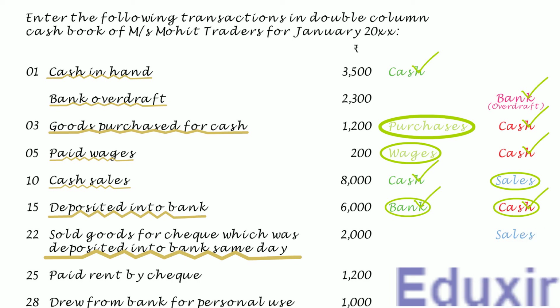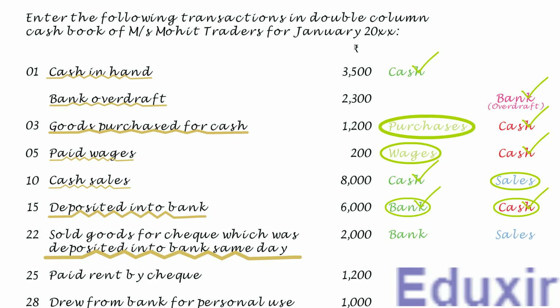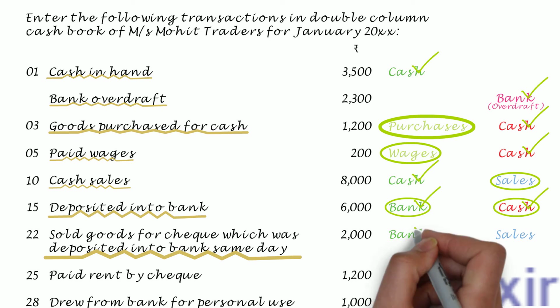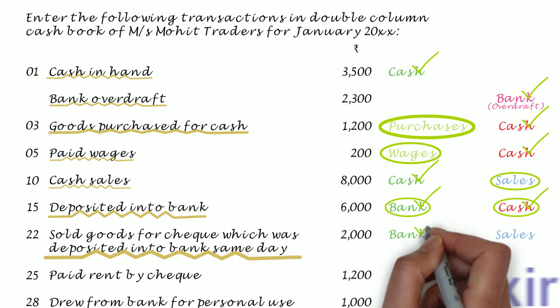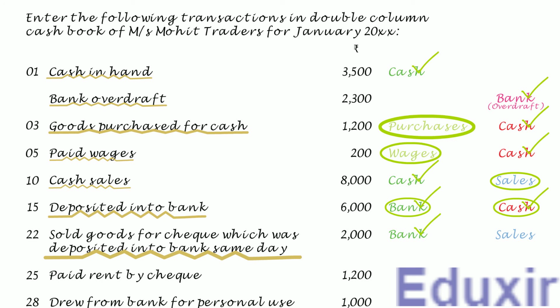At the same time, as the payment for the sale is received in the form of check, and as this check is deposited into the bank on the same day, the bank asset of the business will be increasing. The rule to record any increase in the asset is to debit the corresponding assets account. In this case, the bank account should be debited. In this transaction, as you can see, the bank is on the debit side. So it needs to be posted on the debit or receipt side of the cash book and in the bank column. Note that the particulars that need to be posted into the receipts column of the cash book is sales.